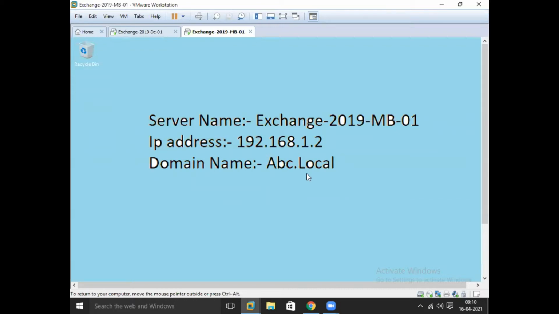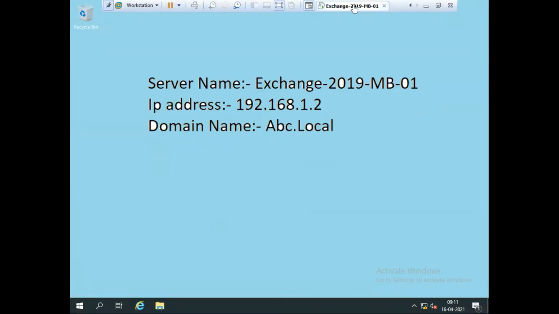Whenever we create any mailbox, like we saw in the previous video, when we install Exchange Server, the administrator mailbox is automatically created. That mailbox is created in the mailbox database. Before that, the mailbox database is automatically created. And whenever we create mailboxes for users, they are automatically created in the mailbox database. We can create multiple databases too in the Exchange Server. So I'll show you first